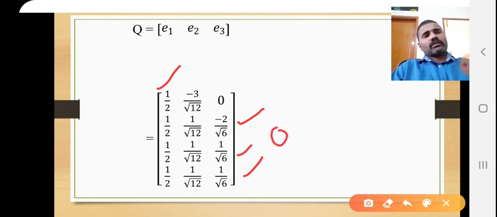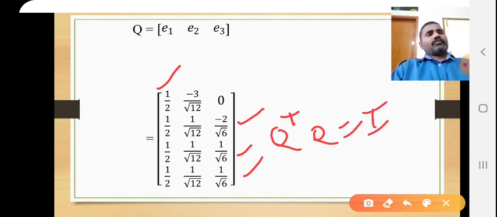You can also check that Q transpose Q will become I. That means Q inverse is Q transpose only. Q transpose is a 3 by 4 matrix, Q is a 4 by 3 matrix, therefore Q transpose Q becomes I3. Inverse does not exist here, as this is not a square matrix, only Q transpose Q will become I3. If A is a square matrix, then it is an orthogonal matrix. Here we only consider that the columns of Q are orthonormal, but Q is not orthogonal.